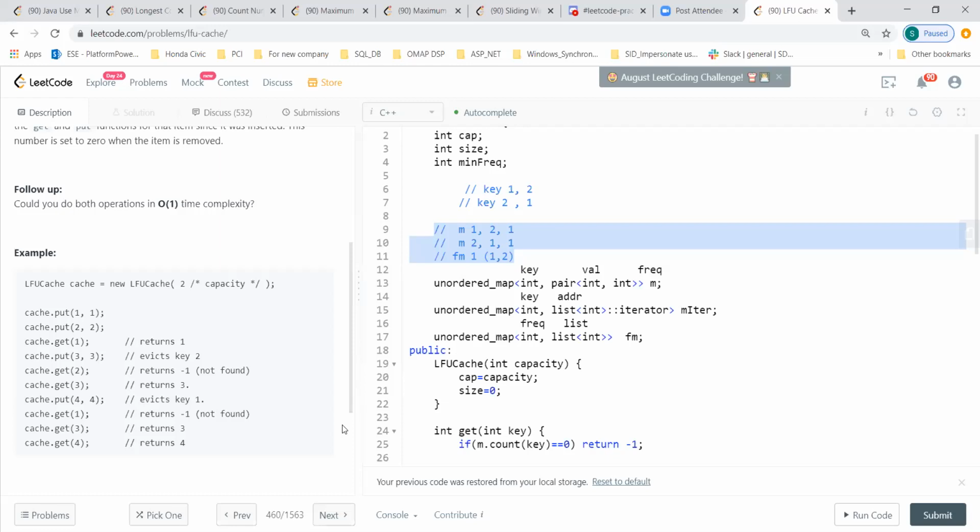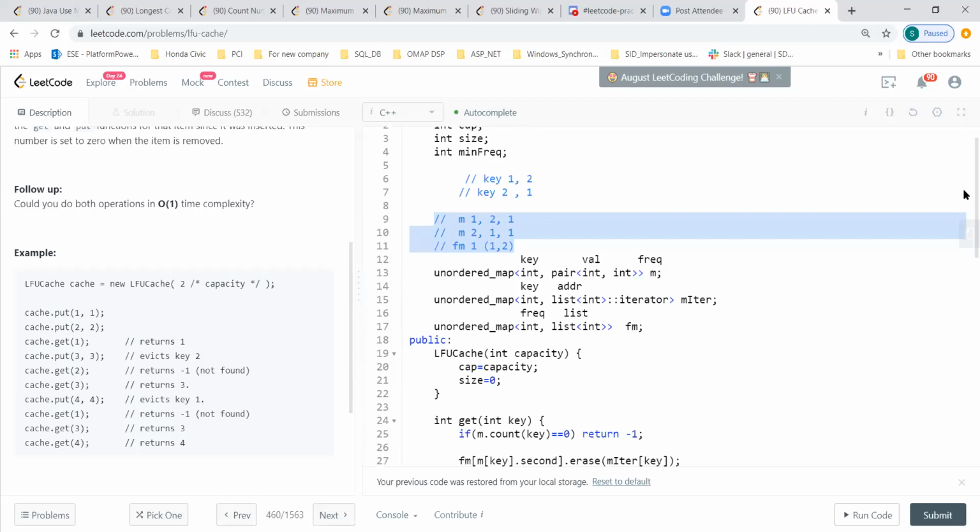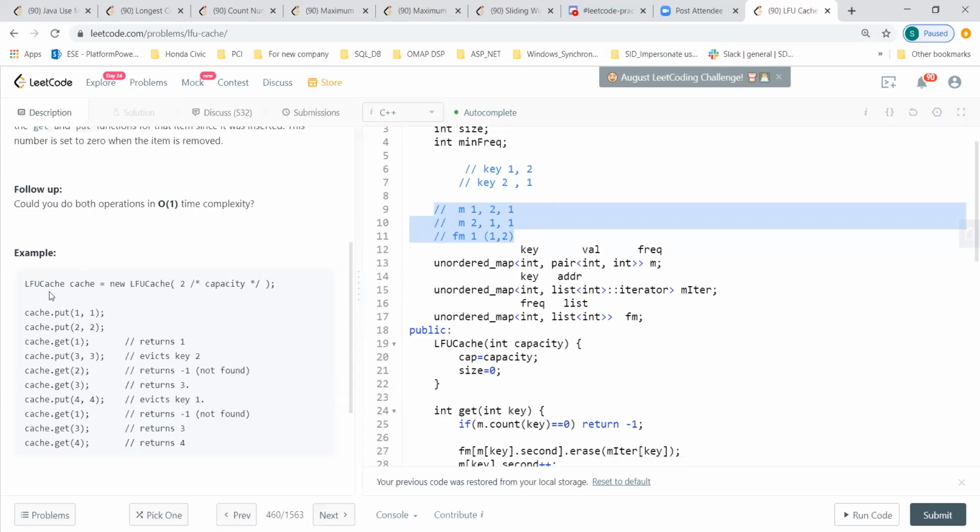So we have to consider both as very important. The only thing is, since we have a frequency map, we are going to keep the frequency along with the key. We are not going to keep the value. We only access the value when we need it. It's confusing when they show 1 1, 2 2 everywhere.